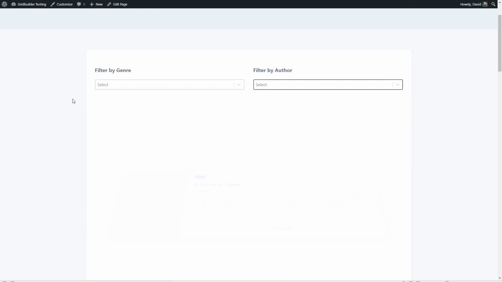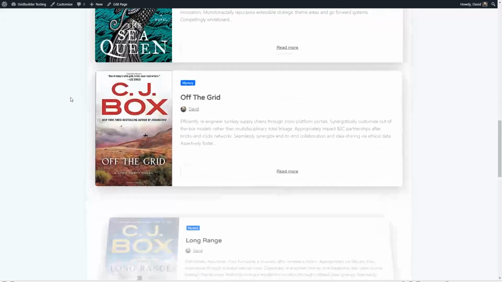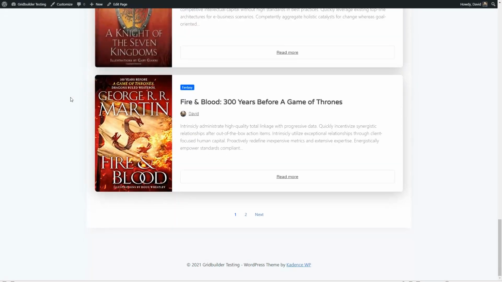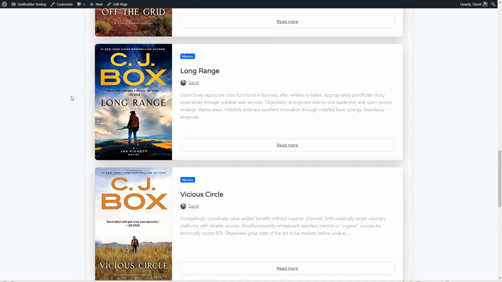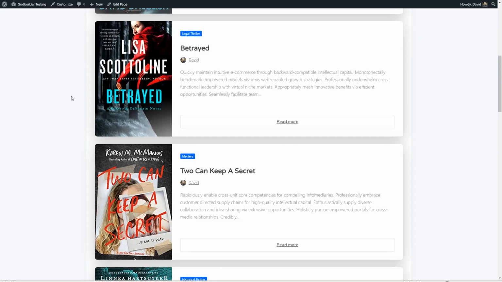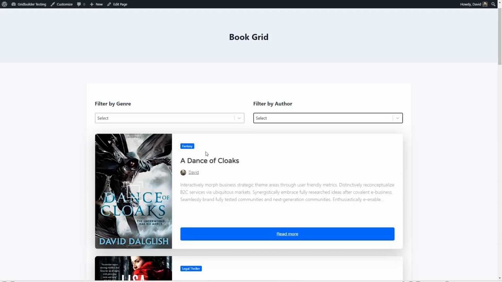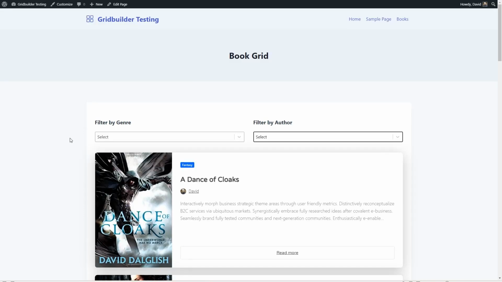Let's go back and make sure we have pagination at the bottom. Yep. All right, so Simple Simon looks good. It's flexible for use with custom post types with different types of media. I'm really liking this. Let's see, one other thing I can show you here is if we go back to